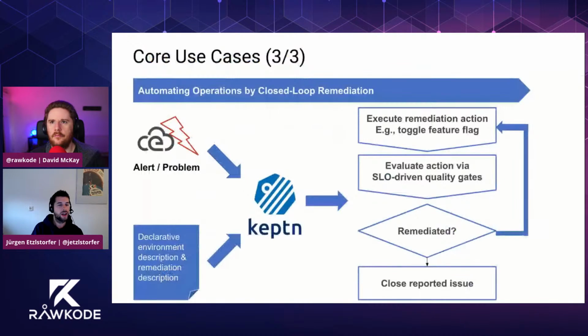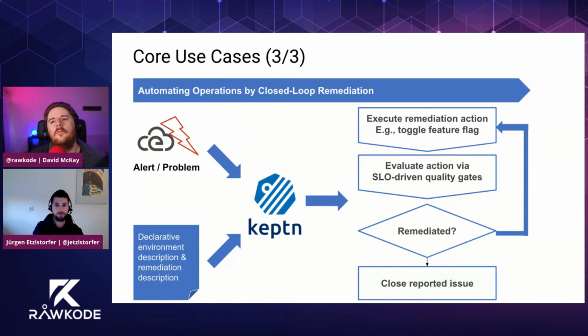Okay. And for the third major use case of Keptn, this is where we automate part of your operations. We call it closed loop remediation. With closed loop remediation, what we really mean is that we are constantly evaluating if the remediation was successful. So we've seen that organizations, and this is where we started a couple of years ago, once there is a problem or an alert coming in, this can also be sent to Keptn as a